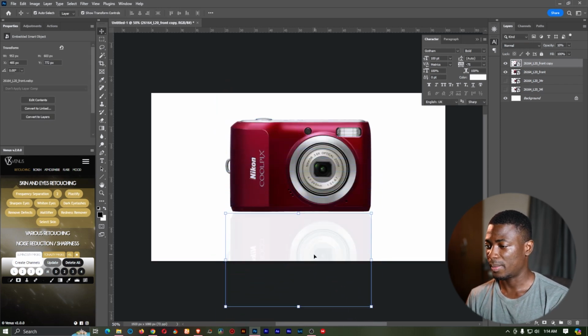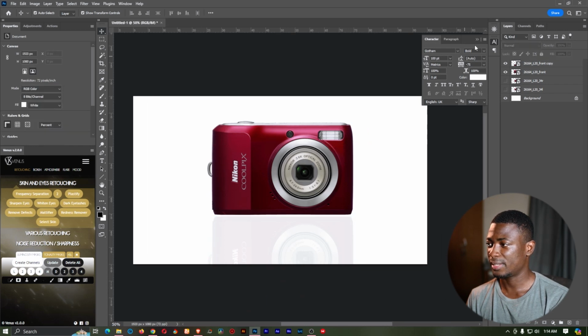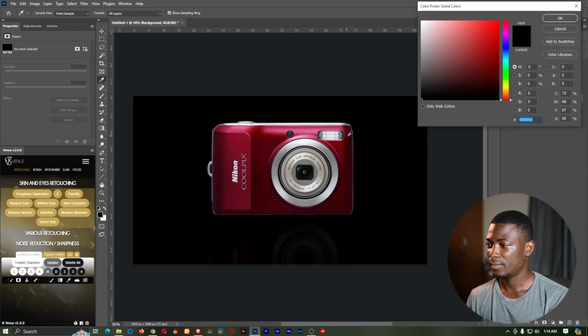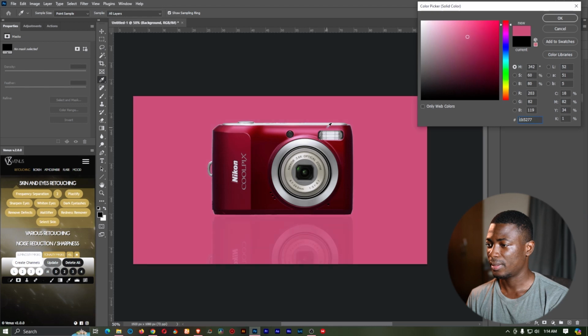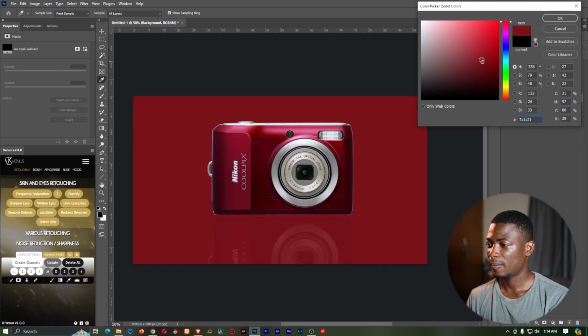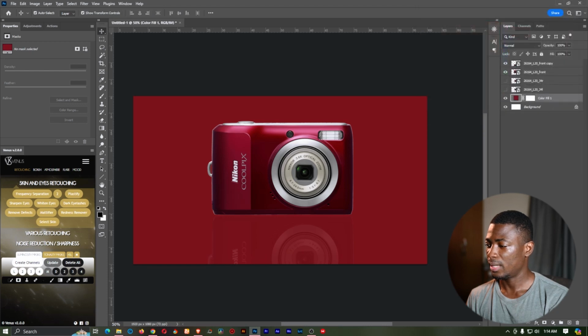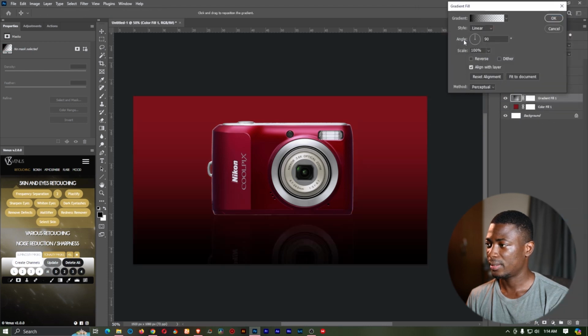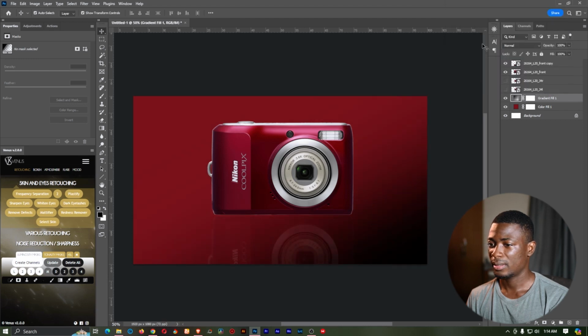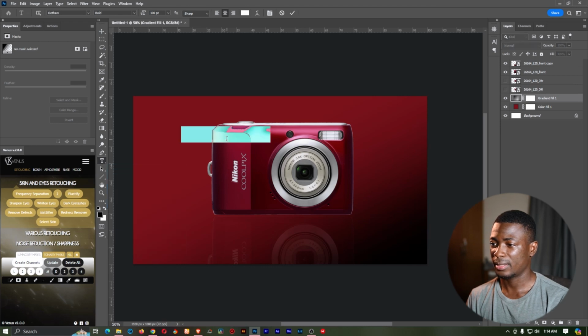Reduce the opacity to about 10 so that we have some sort of reflection. I'll probably change the color of the background to a solid color. Sample a solid color from here. Something dark. And I'll probably add in a gradient. So rotate it somewhere, something like this, and I'll probably throw in a text like